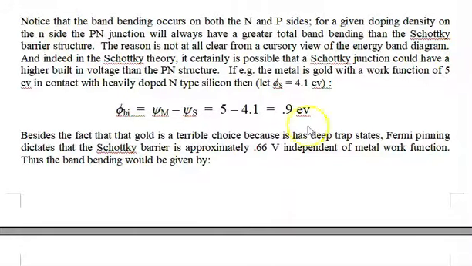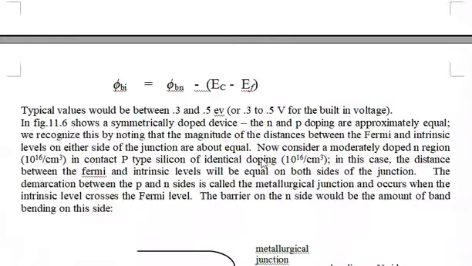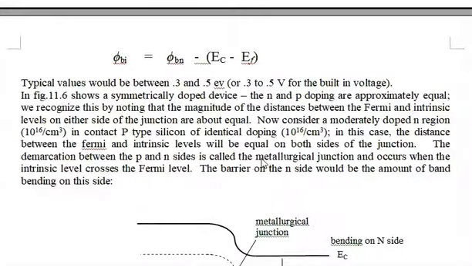And actually I should make one more point. Although we didn't discuss the theory here, it works out in practice you can't even get the 0.9 volts. So even if you could use gold, which you can't, you still couldn't get 0.9 eV of band bending, because there's something called Fermi pinning, which is discussed, I believe, in chapter 8, the Bardeen theory, which says you can only get about 0.66. So take that for what it's worth. Anyway, again, typical value is 0.3 to 0.5 for the Schottky barrier.